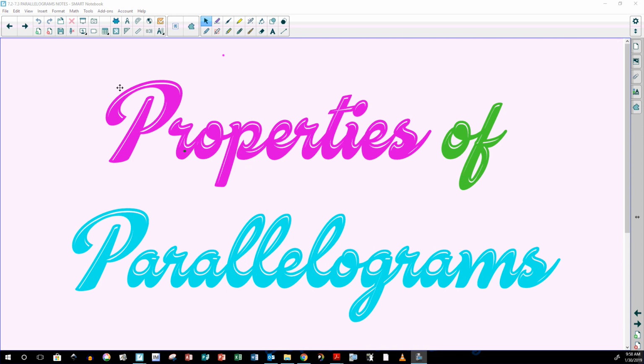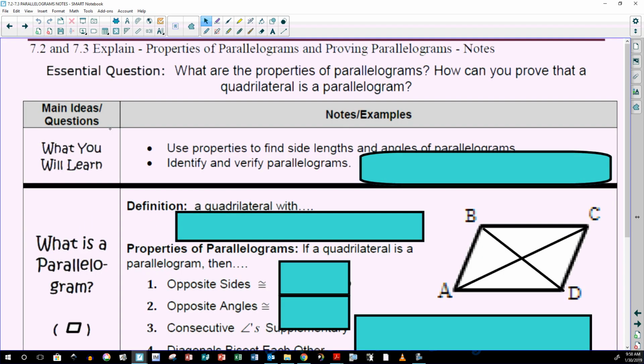Okay, so today we're going to do the properties of parallelograms. Starting with what the properties are, I'm going to tell you, you're going to need to memorize them. There are 5. One of them is the definition, so you have to know the definitions. So first of all, we're going to talk about what the properties are and then how you can prove if